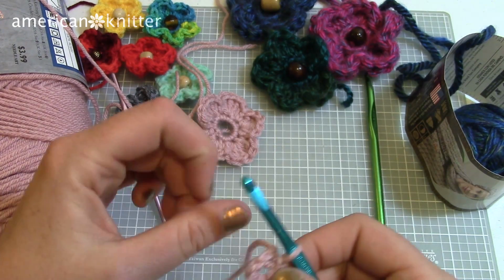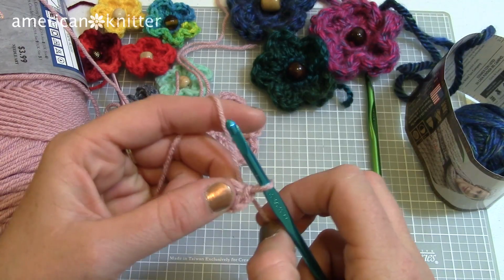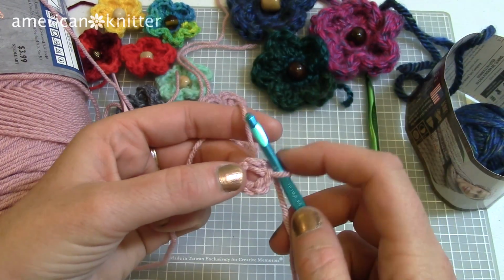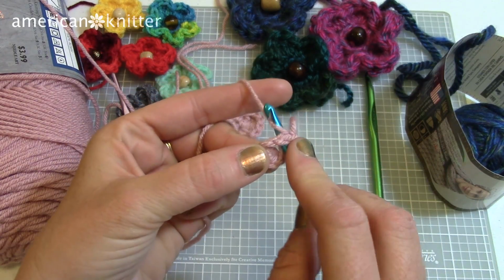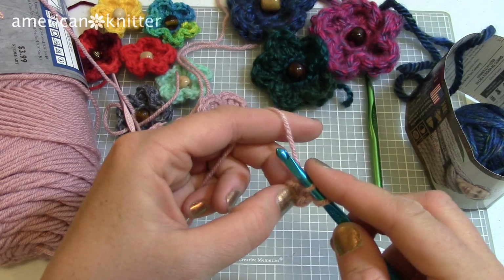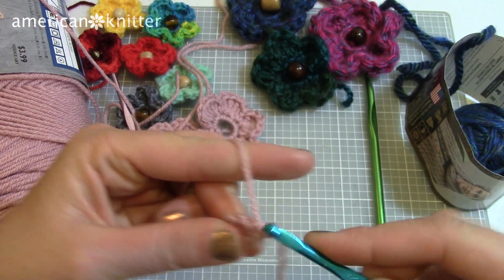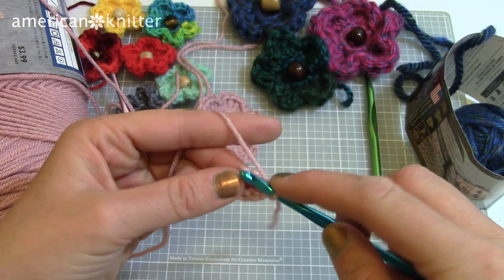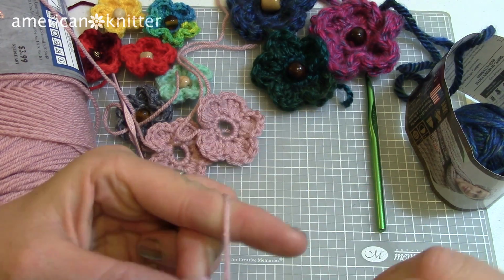Now I'm going to single crochet around the circle so that I have something to crochet my petals onto. So you go inside the circle, catch your yarn, and bring it out, bring it through, and then you do a single crochet through both. There you go. There's 1, and I'm going to do 10 of these. So there's 1, bring it through the loop, 2,